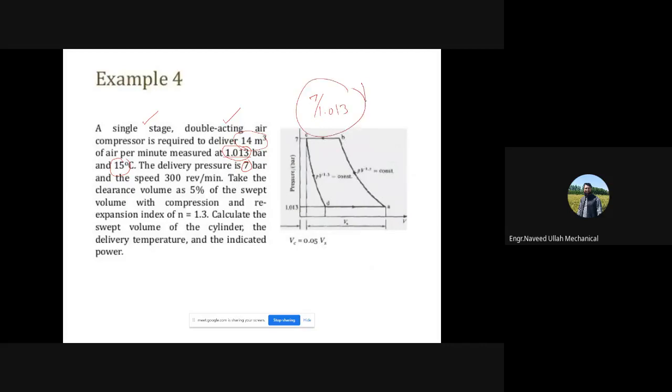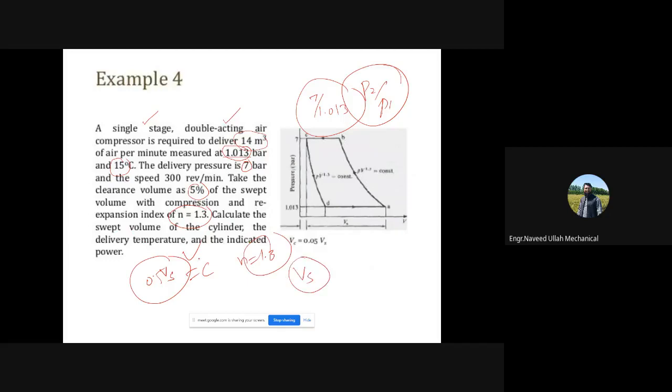7/1.013, this is actually your pressure ratio P2 by P1, and the speed is 300 rpm and take the clearance volume as 5% of the swept volume. अच्छा, तो swept volume जितना आपके पास है ना उसका 0.5 आप लेंगे, ये आपके पास आ जाएगा, क्लियरेंस वॉल्यूम आ जाएगा of the swept volume, with compression and recompression index, ये polytropic index की बात कर रहे हैं, n is equal to 1.3, right? Calculate the swept volume, पहले आपने swept volume फाइंड आउट करना है, ठीक है,